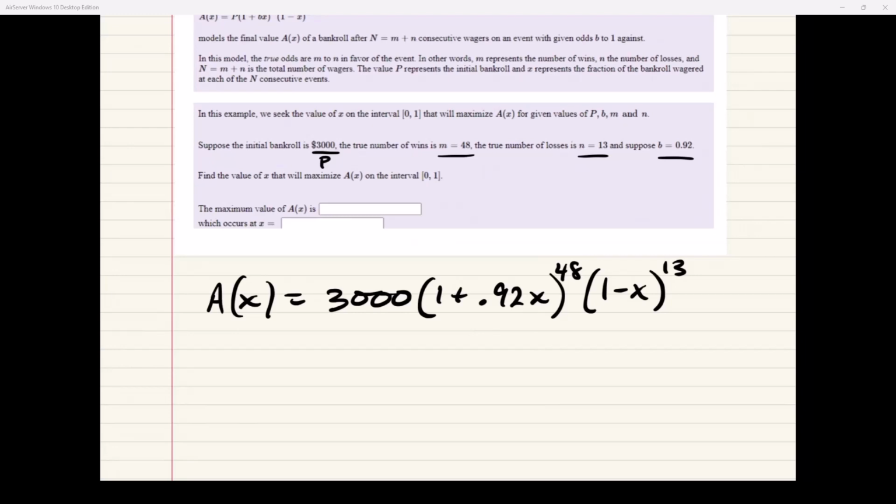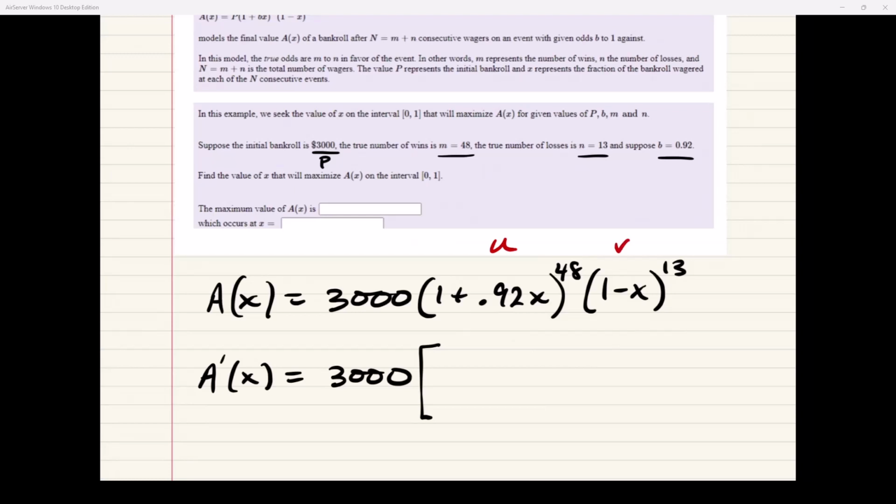So doing the derivative. So here we go. We'll get A prime. We're looking for critical points, so we'll get the first derivative. So we could just take that 3,000 as a constant and just multiply times the derivative of the product here. And so it's a product rule, right? So this is a factor u and this is a factor v. So I'll do the derivative of the factor u. If I call this